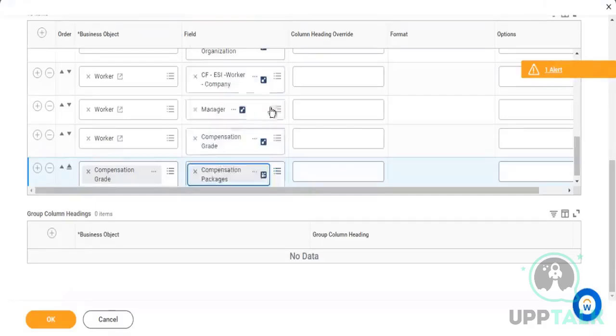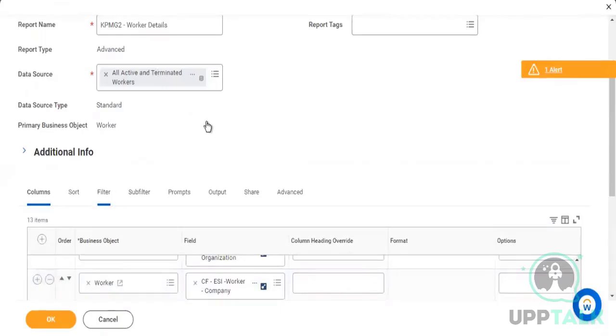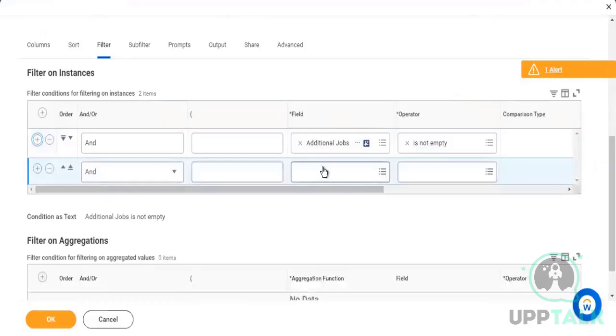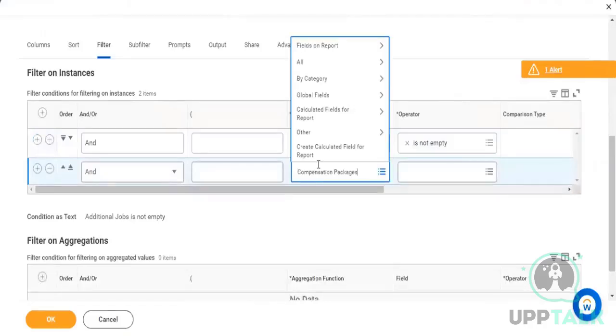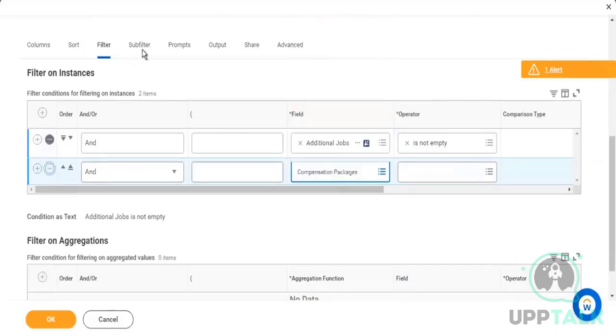Okay, I'm taking compensation packages. Now when I come to filter, I cannot create a filter on compensation packages, right? So I'll have to go to subfilter,